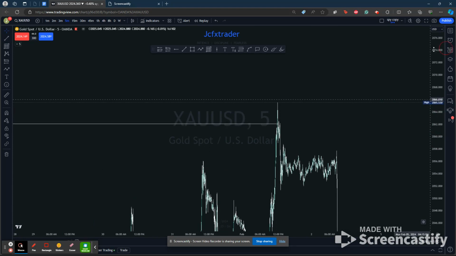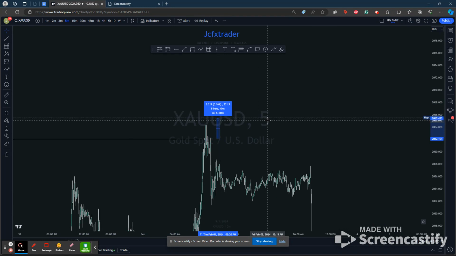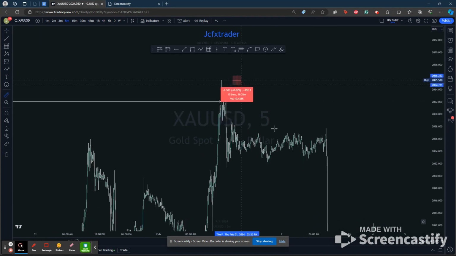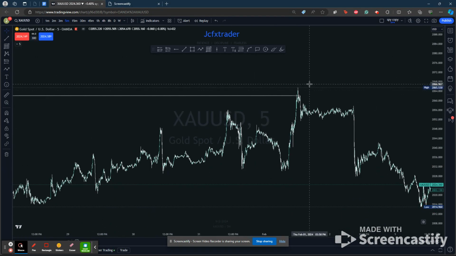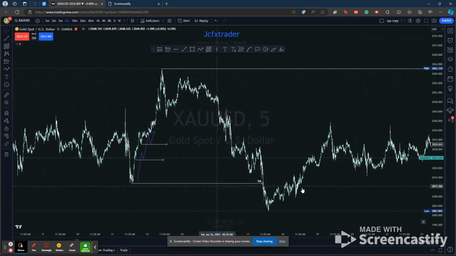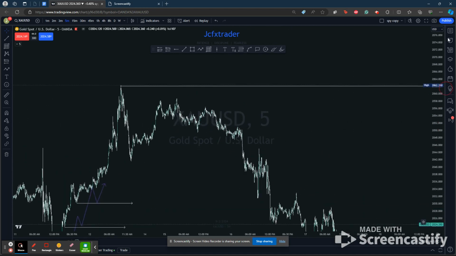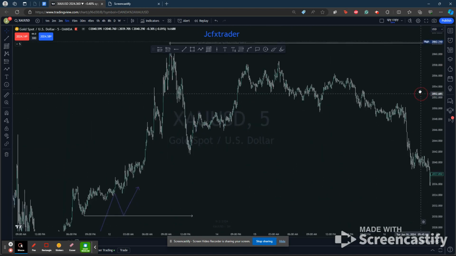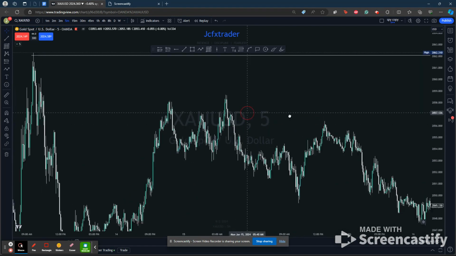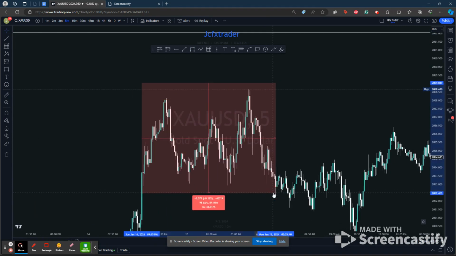We see price comes up, taps this little line that we drew up a little higher to stop people out, and then price immediately drops. So these would be our external liquidity examples. Now let's take a look at what an internal liquidity is. So if we were to take a look at this chart right here, if we were to zoom in on this box right here,